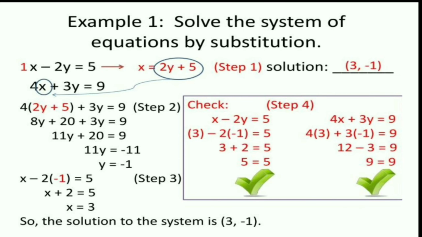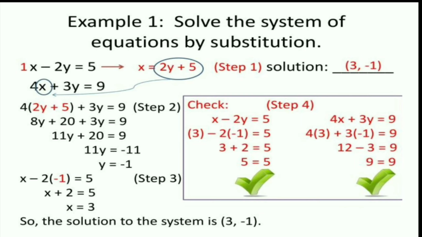It is a simple example, and two equations are given here: x minus 2y is equal to 5, and the second is 4x plus 3y is equal to 9. Now we apply the first step. One variable will be isolated and one will be transposed. In x minus 2y is equal to 5, which is easier to transpose to the right side? That is minus 2y, because x has a coefficient of one, which is okay. So x is equal to 5, and when you transpose minus 2y it becomes plus 2y, so x is equal to 2y plus 5. Simple thing, no doubt.